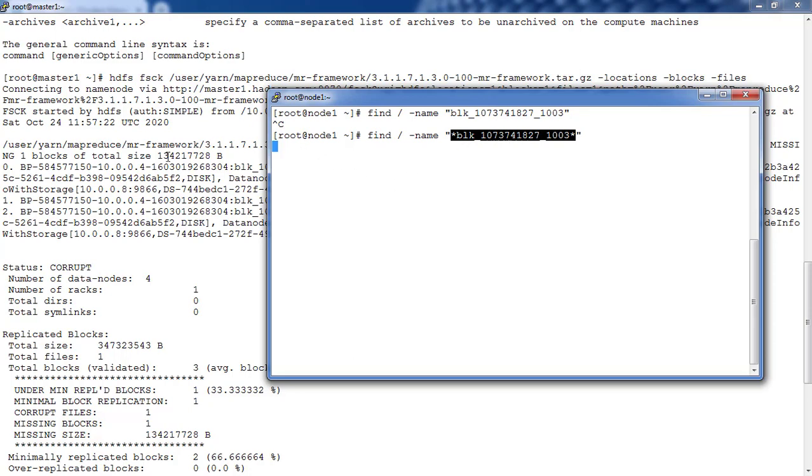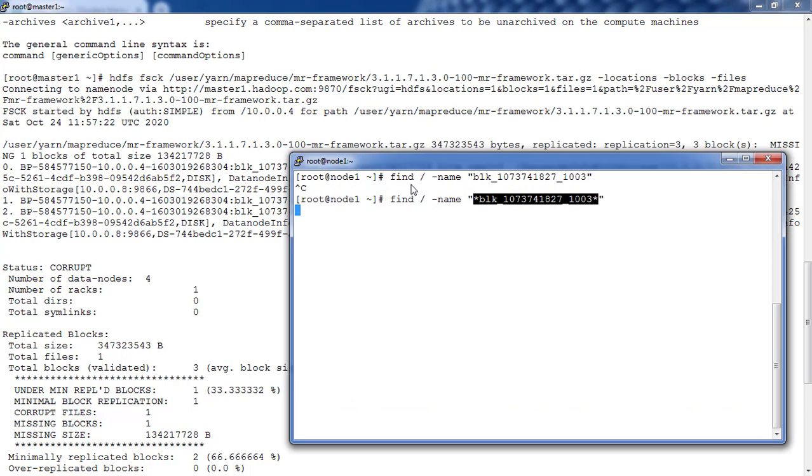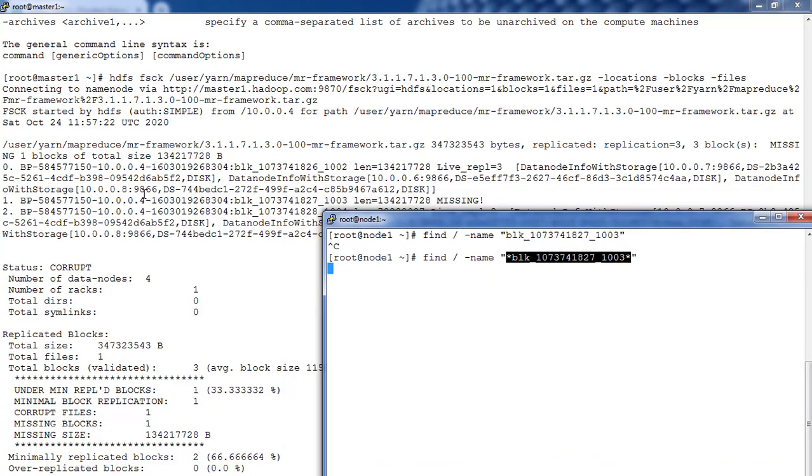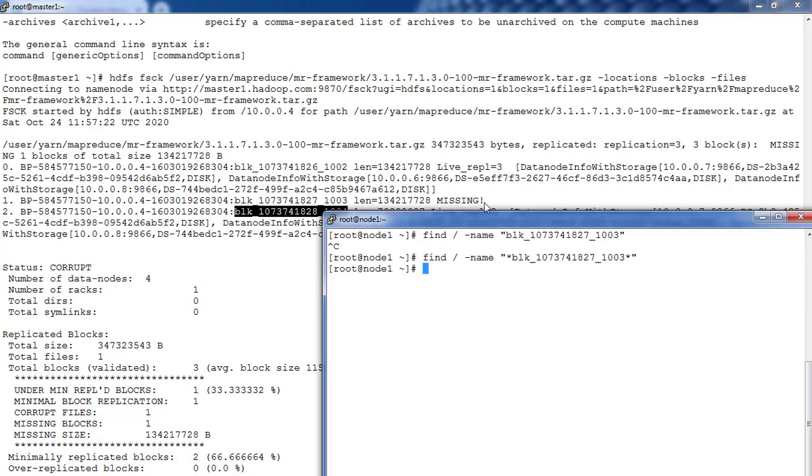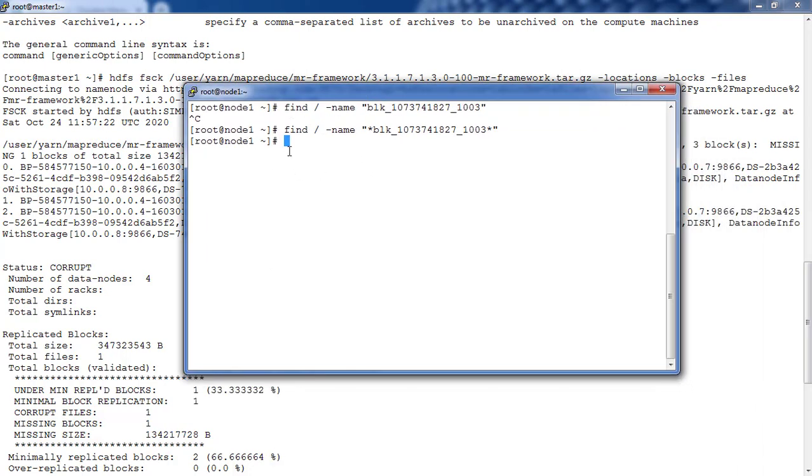We have other hosts also. We don't know exactly where these files are placed, and we don't have any information available. So similarly, let's find the other blocks which are already available, and we will have an idea where these blocks are located. Maybe you need to do the same search on node 2, 3 and all the other nodes. Let's quickly do it to find the location where we can search for other blocks.